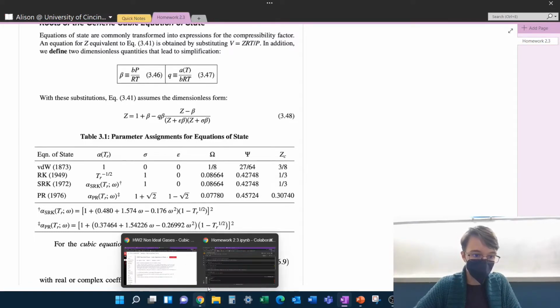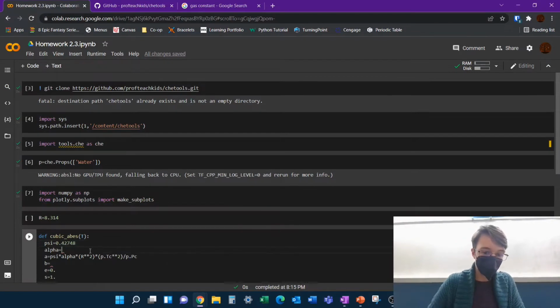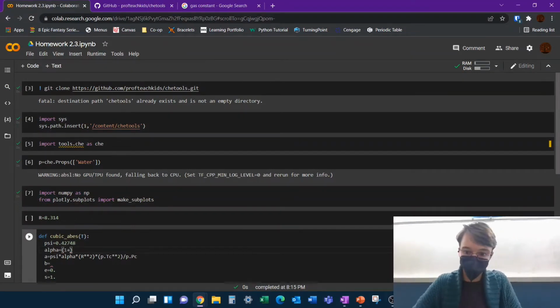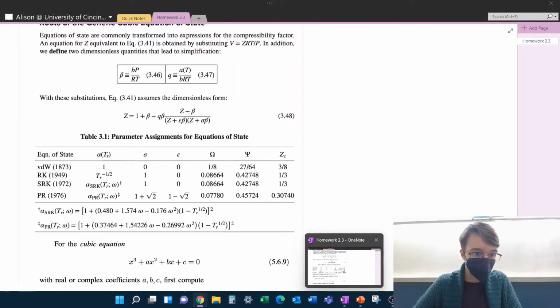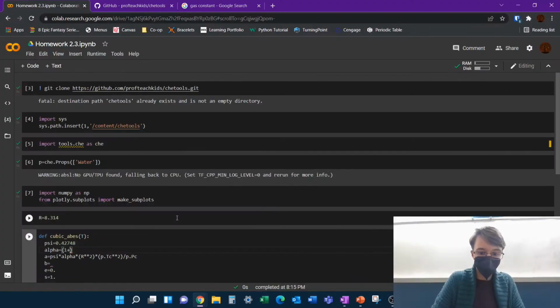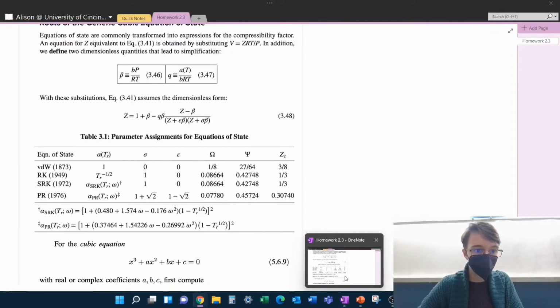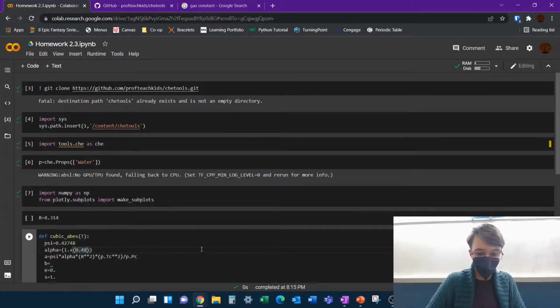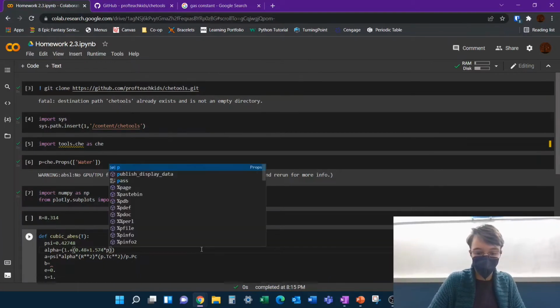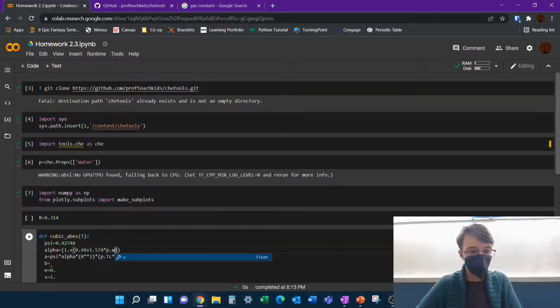So we've got parentheses 1 plus parentheses 0.48 plus 1.574 times omega, and this omega we can get again from the properties, so times P dot W, that will give us omega,